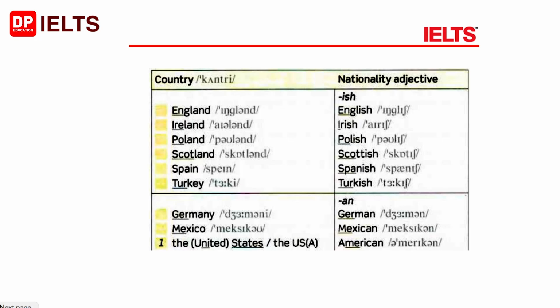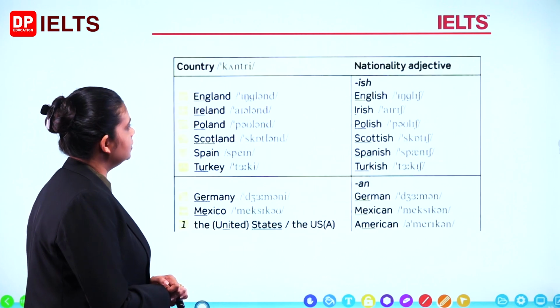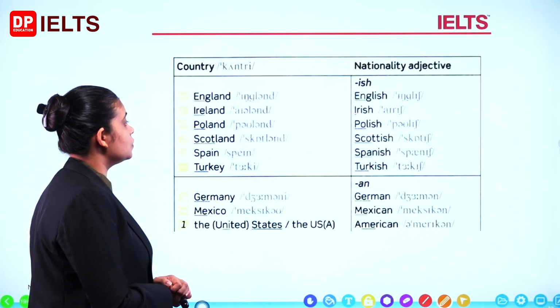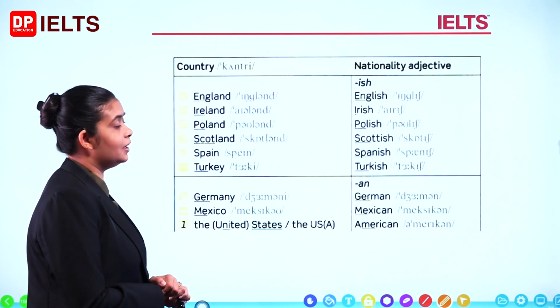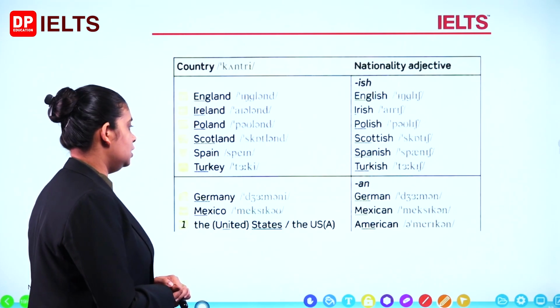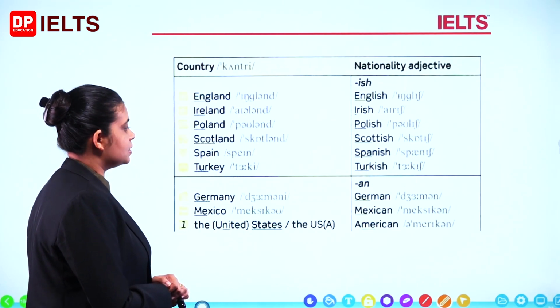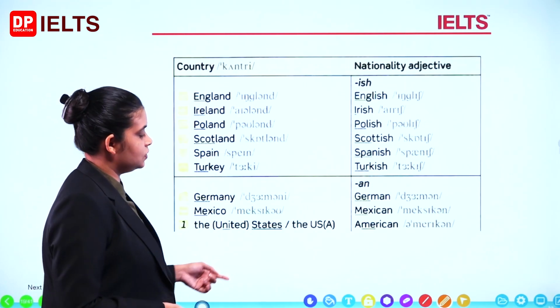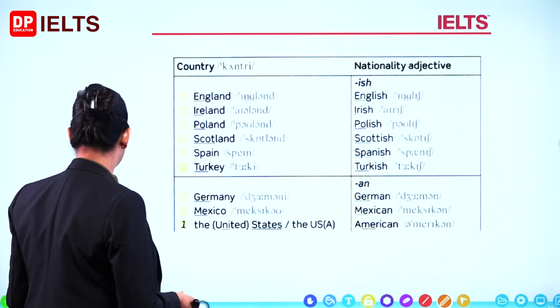Right. So can you match them against the country and the nationality adjective? England, English, Ireland, Irish, Poland, Polish, Scotland, Scottish, Spain, Spanish, Turkey, Turkish. Germany, German, Mexico, Mexican, United States or the USA, American.